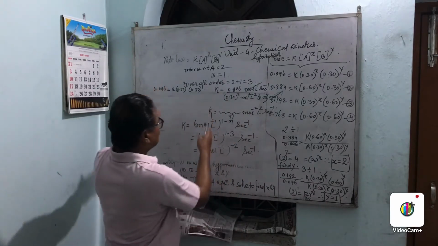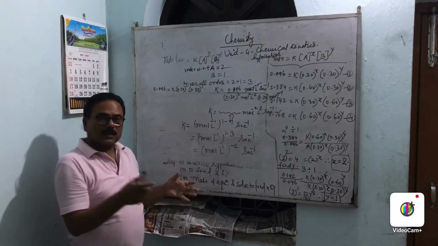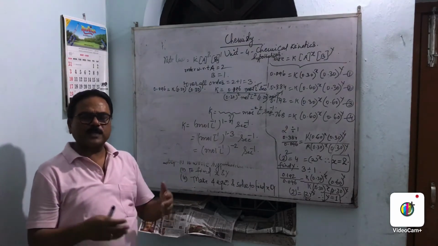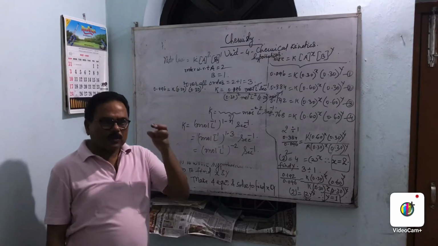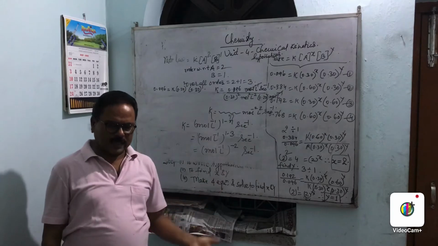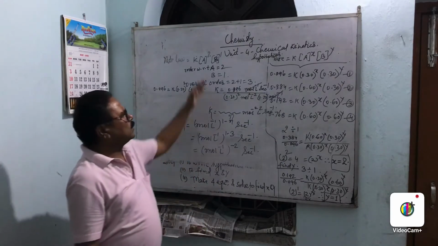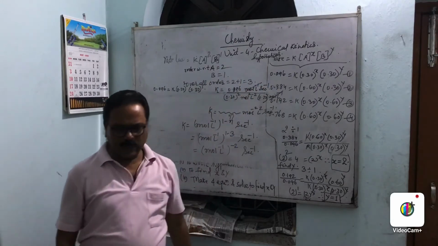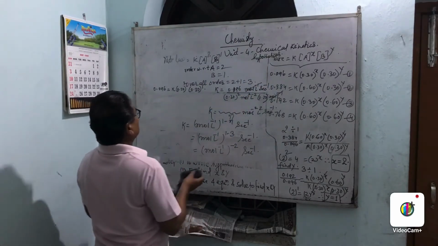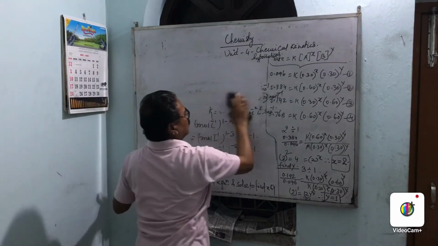Suppose the experiments are given. Sometimes in the table the rate is given and the different concentrations of species A and B are asked to be filled. What will be the concentration in the second experiment, third experiment? These are the questions given in your book. You solve this problem, how we will determine the order of a rate law. So this is my topic. Now I come to another topic.